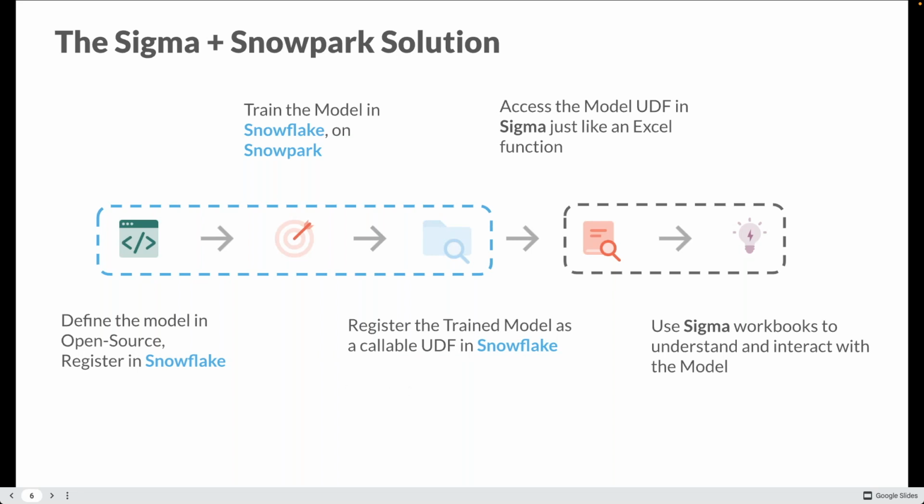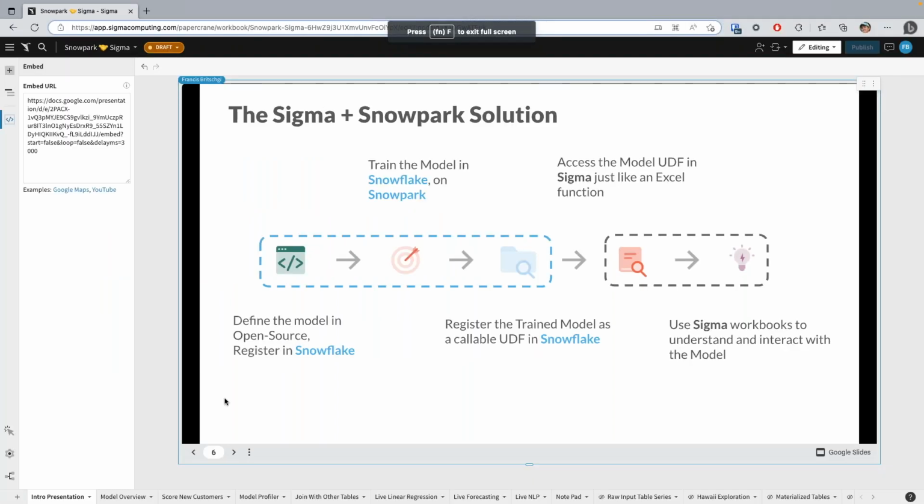Awesome. Thanks a lot, Shawn. Hopefully I'm coming through, seeing my audio there. So I'm going to go ahead and exit out of this presentation. One of the fun things about Sigma is the ability to actually embed the Google Suite inside. So we're actually in the workbook that I'll be demoing from today. As Shawn mentioned, and as Nate introduced, I'm really excited about the ability to take advanced functionality from the data science world and put that in the hands of business users in the form of Excel functions.